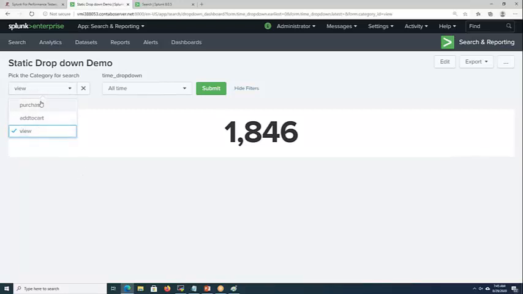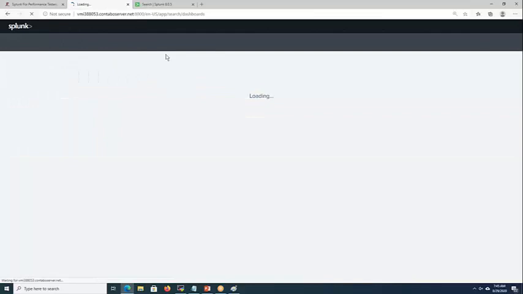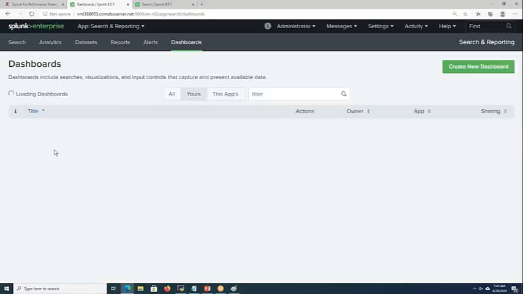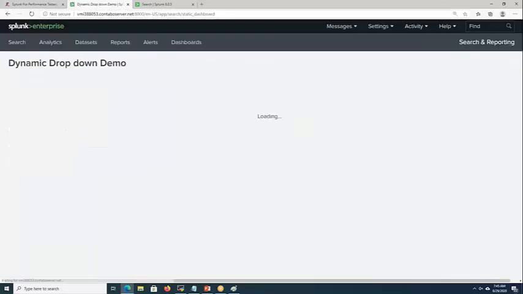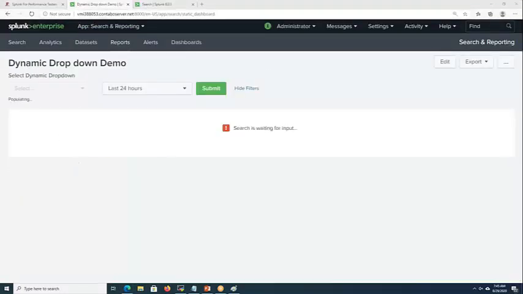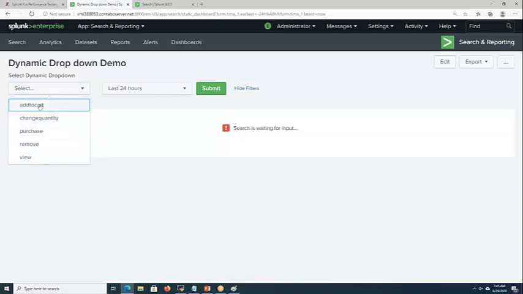Instead of that, it is static. Basically, the values in this drop down are static. And there is one more dashboard which is called a dynamic dashboard. In this dynamic dashboard, even if you add two more actions, it is dynamic. So now we have five categories.